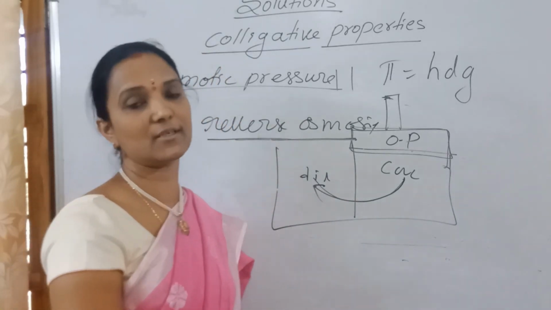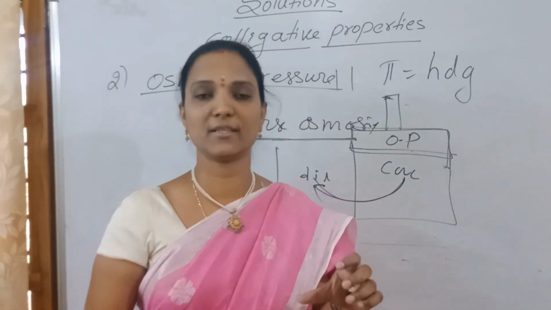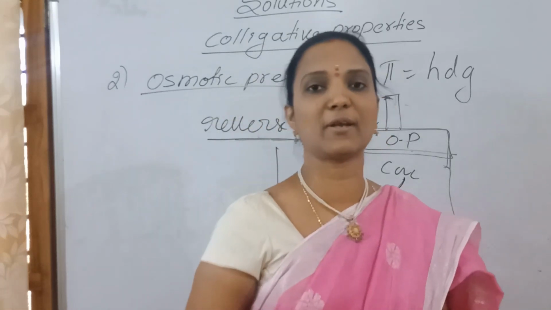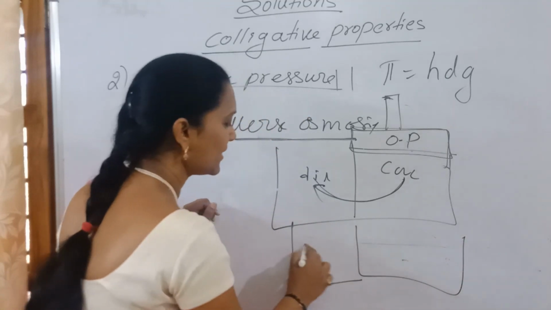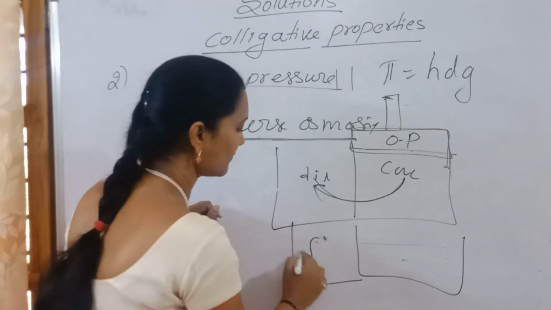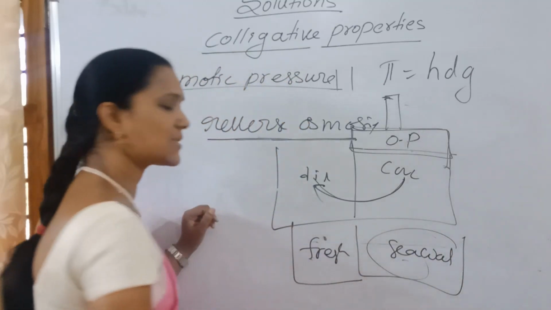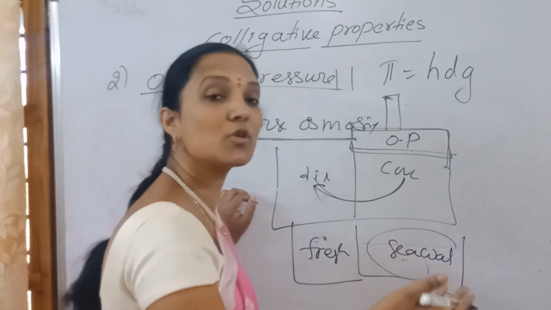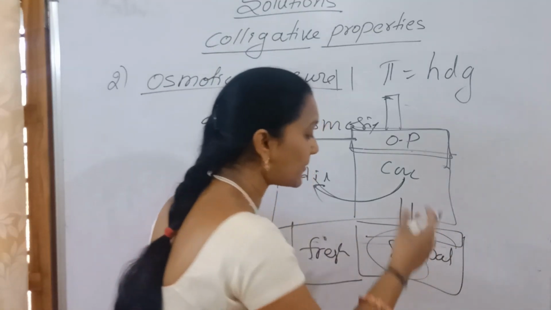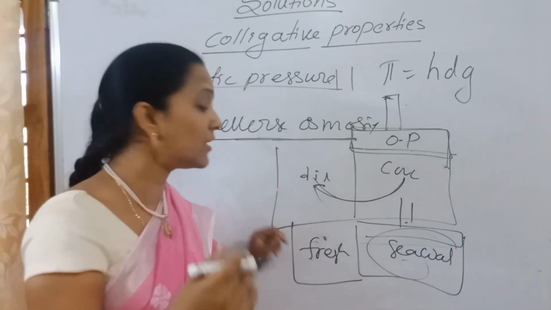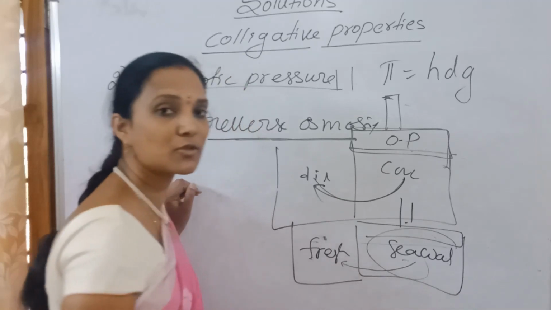And what is the application of reverse osmosis? Desalination of seawater. What are we removing? Saline, nothing but salts. We are removing salts from seawater. On one side is fresh water and on one side seawater. Seawater is more concentrated, since definitely more salts are present. Now apply pressure on this. The pressure applied is more than the osmotic pressure. Then flow of solvent from concentrated solution to dilute solution takes place.